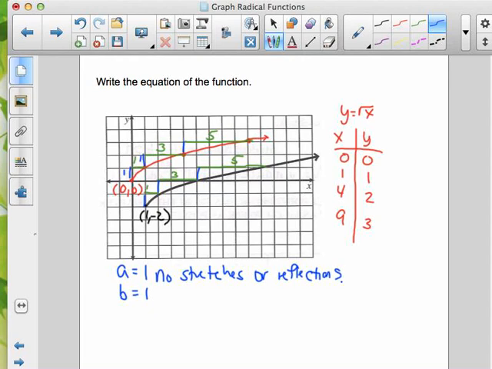But there is a change to h and k, because we've been shifted 1 to the right. H is 1, and in our equation that will be x minus 1, because the negative is already in the equation. And we're shifted 2 down, so k is negative 2. That means the equation